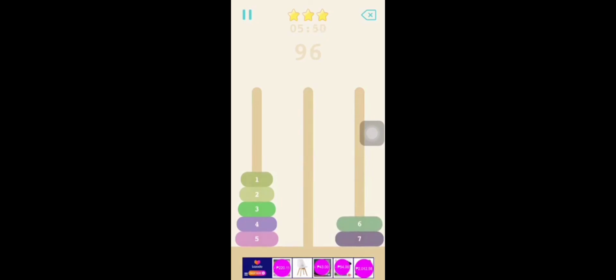The first disk to the third rod, the second disk to the second rod, the first disk to the second rod, the third disk to the third rod, the first disk to the first rod, the second disk to the third rod, the first disk to the third rod, the fourth disk to the second rod, then the first disk to the second rod, the second disk to the first rod, the first disk to the first rod, the third disk to the second rod, then the first